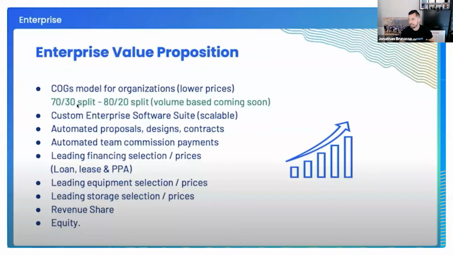So just some basics, high level stuff real quickly. Why we're doing enterprise: it's to really attract companies, teams, EPCs, dealers, maybe a broker, maybe a roofer, other solar installers.